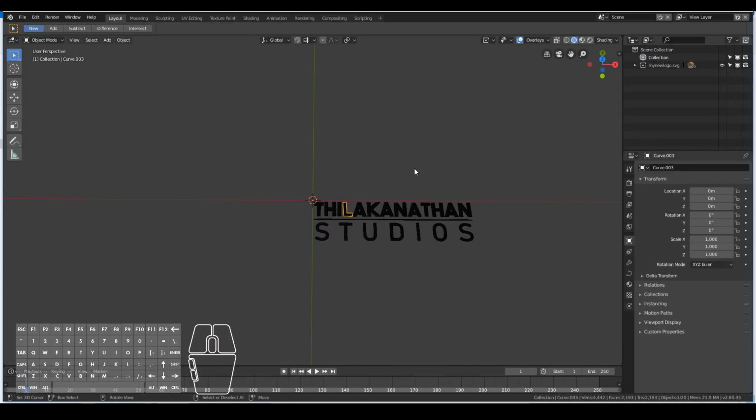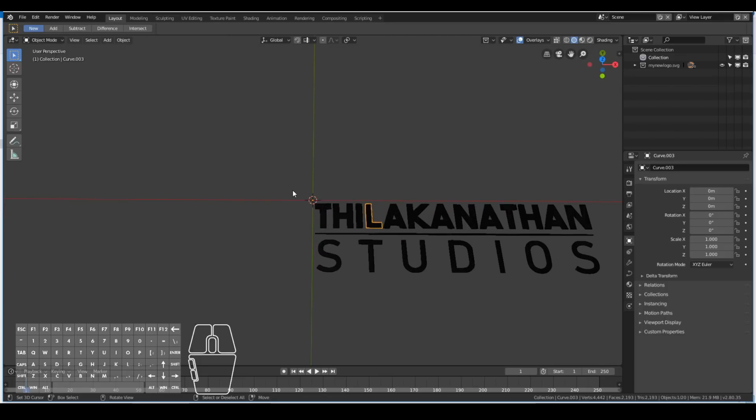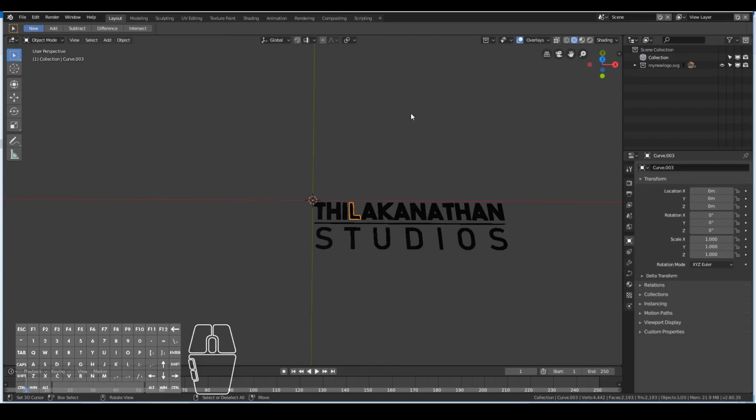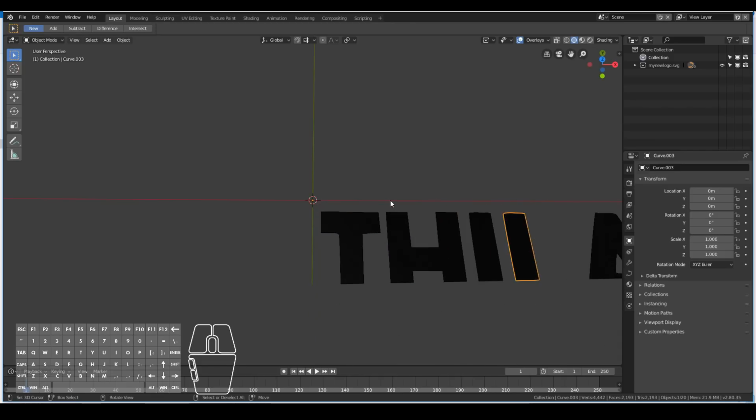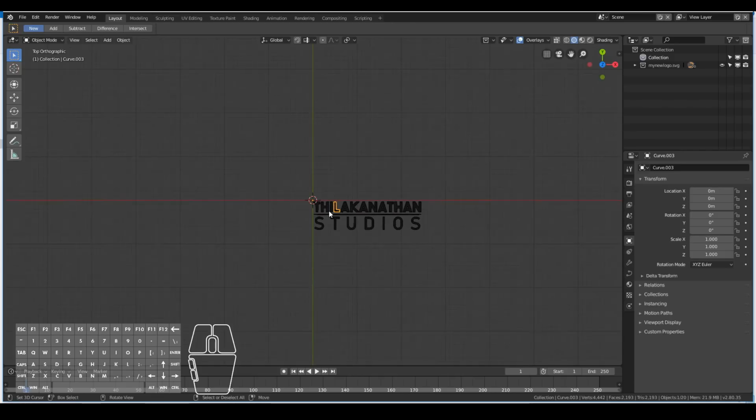loaded in. An alternate way is you can use the image that you generated, the PNG, and use it as a background image, and then hand model these letters one by one, or the logo design one by one if you're using a more image-based logo. But I find that this is very, very quick and easy, so why not do it if things are